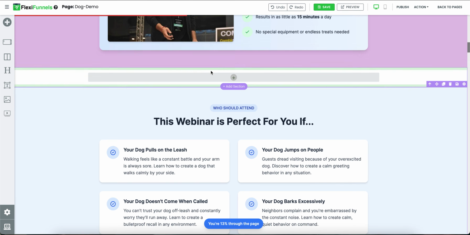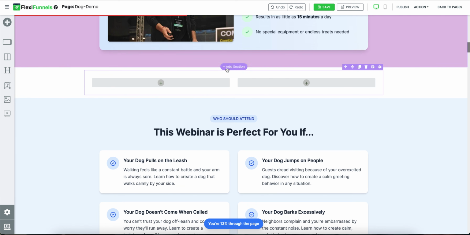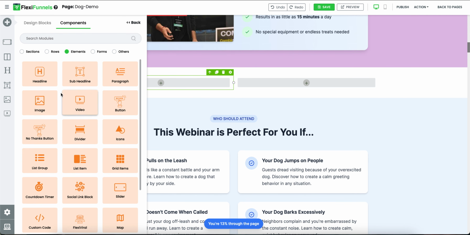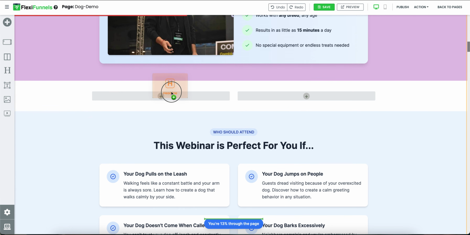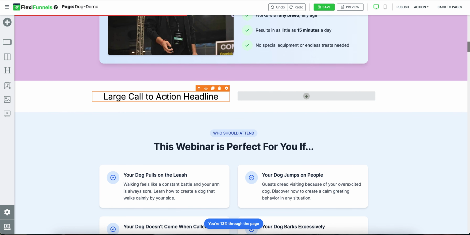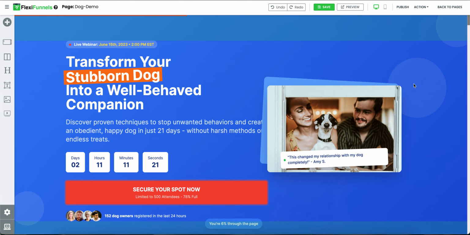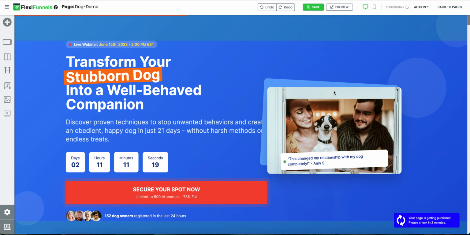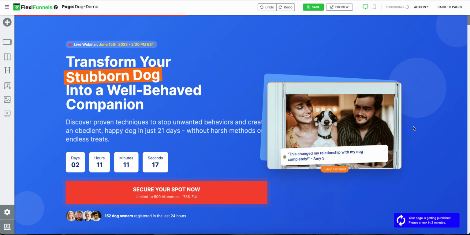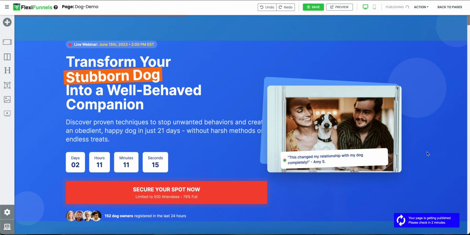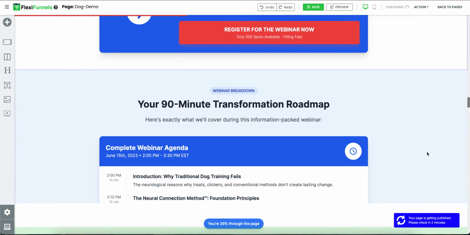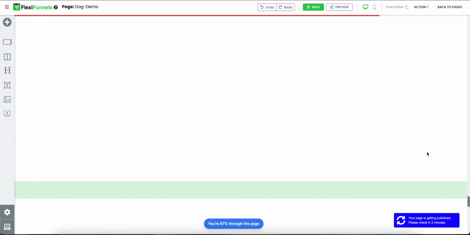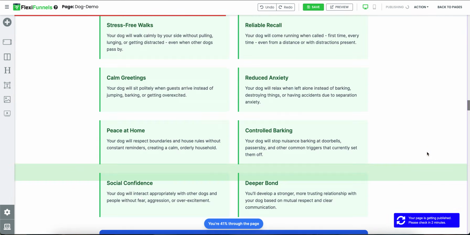And of course, you can do all the other things. For example, you want to add a new section, you want to make it 2 column, you want to do the full designing yourself, you can do that. Totally up to you, right? You want to put a headline over here or whatever content you want to add. So everything you can do just like you have been able to do until now, right? So the full thing is ready, good to go, and this is something which is actually next level. Nothing like this is available anywhere right now. So yeah, too good, and you can start using it immediately.